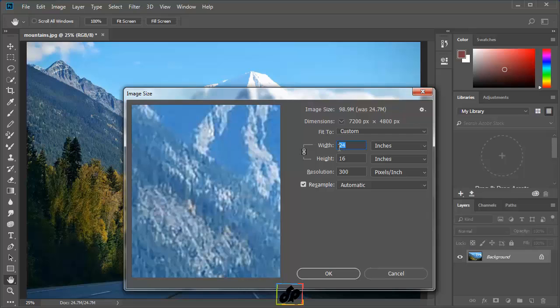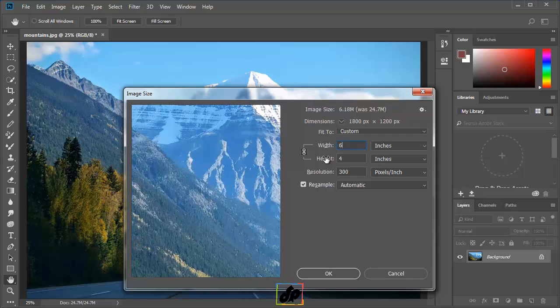On the contrary, if we change the width to 6 inches, we find the height changes automatically. However, in this case, if we leave the resolution the same, we find that Photoshop will throw away pixels, thus making a 24 MB file into a file a little larger than 6 MB. We can change the dimensions here from pixels to percent to see what percentage of the file is being added or removed. If we scale down the image by 50%, Photoshop would be throwing away half of the pixels in the original document.